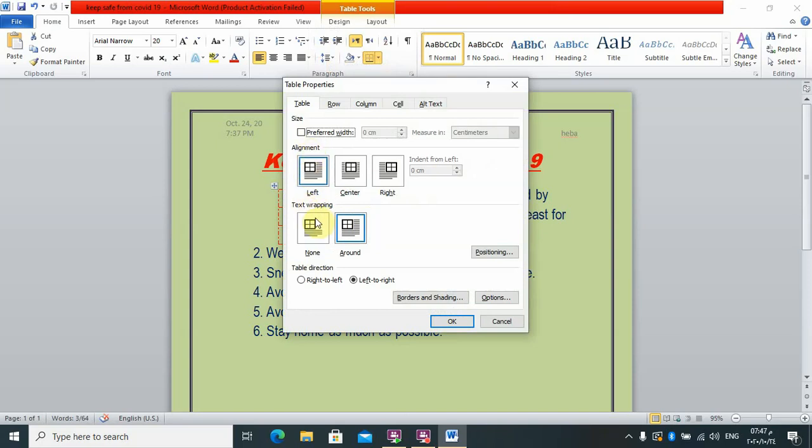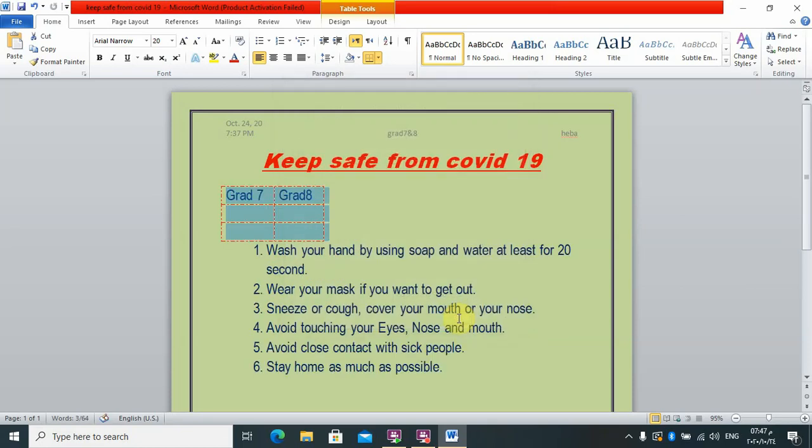If we choose text wrapping none, you tell the computer to put my table in the top or in the empty area inside this page. Okay, let's go see it. Press OK. What happened? It moved the table to a blank or empty area